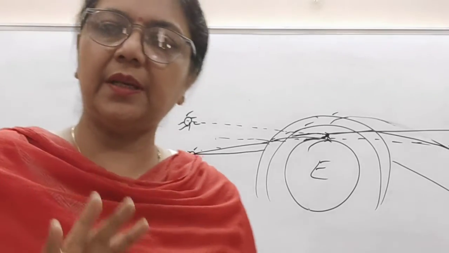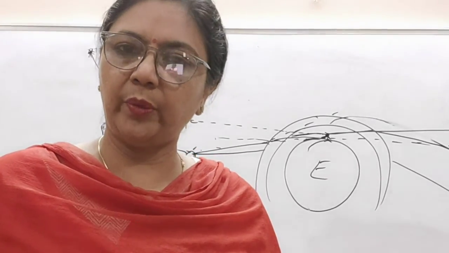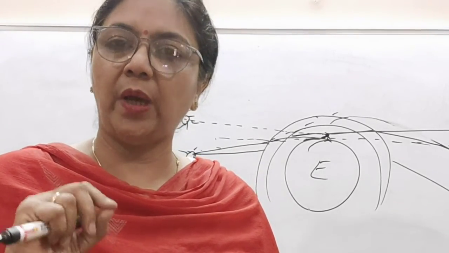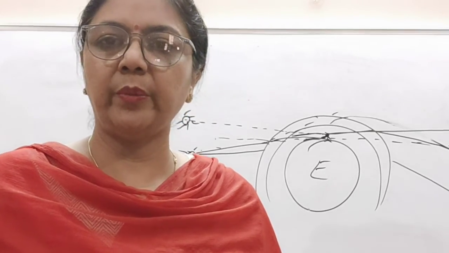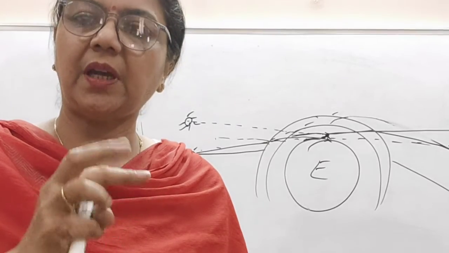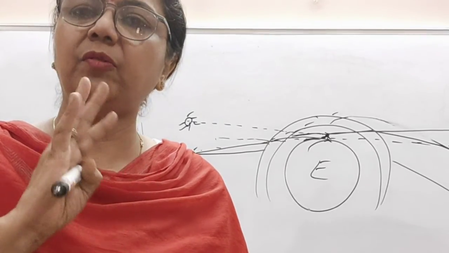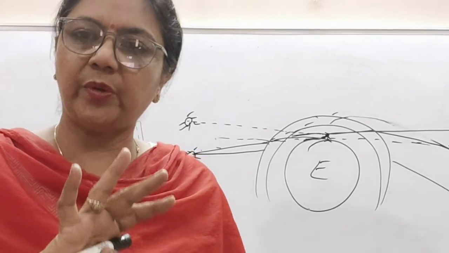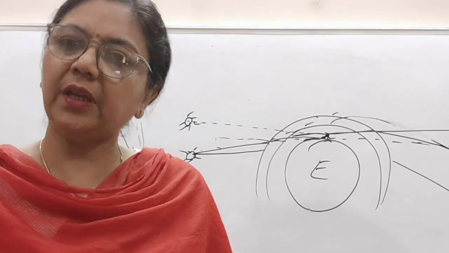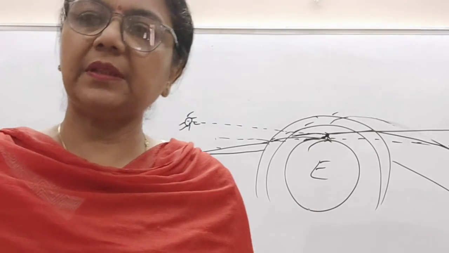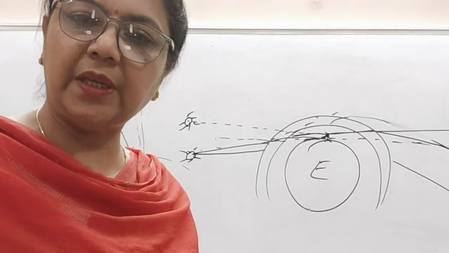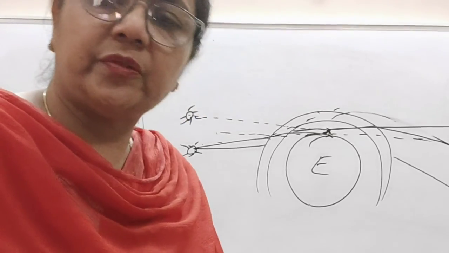For these four phenomena, if a question comes on why it occurs, you have to reply in this form. First, the reason: for every phenomenon, why? You have to give the reason. So for the apparent position of the star, the twinkling of stars, the non-twinkling of the planets, and the sunrise and sunset 2 minutes before and after, you have to write that it occurs because of atmospheric refraction. So we have done 5 phenomena, rainbow also, and these 4 phenomena, all based on atmospheric refraction.